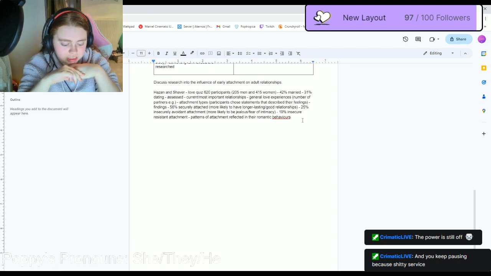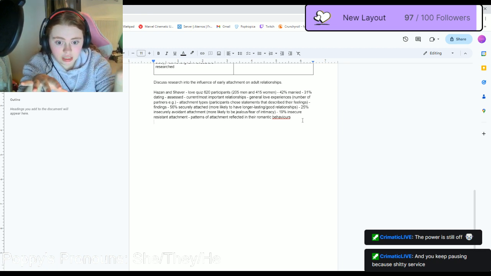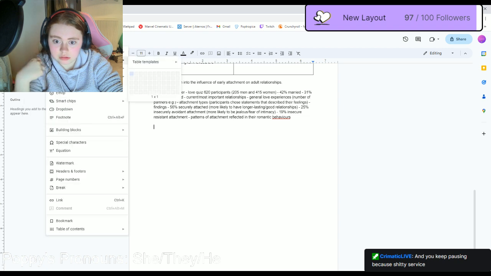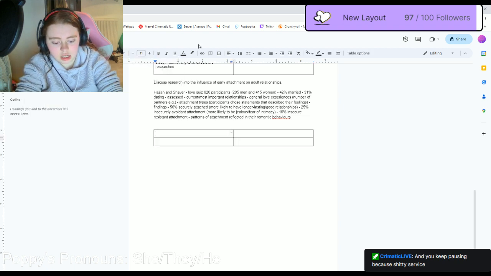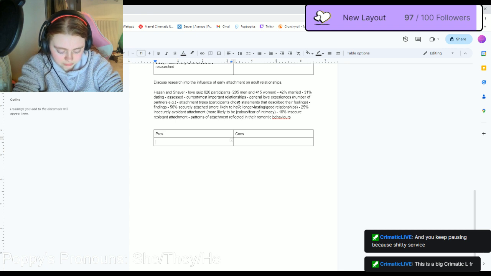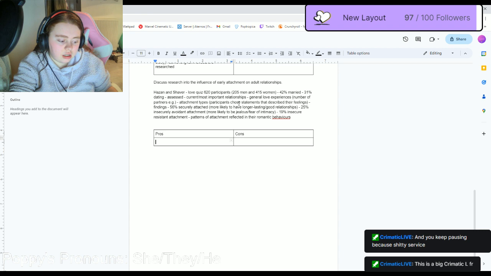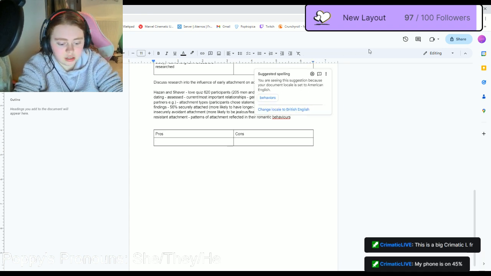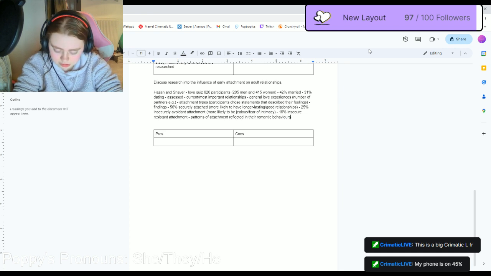Okay, so that's pretty much it for the AO1 of this study. Let's insert a table. We're going to add in the pros and the cons of this research. I also have to add in that this was also called